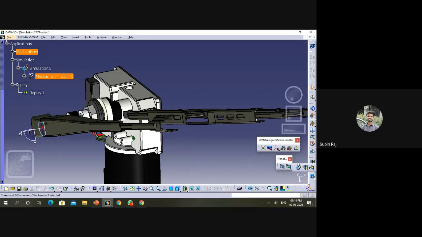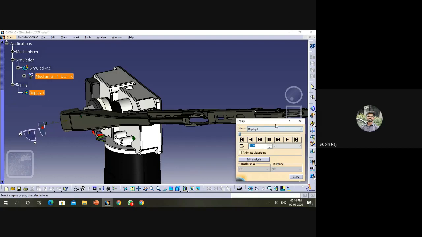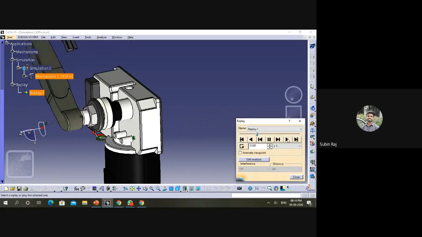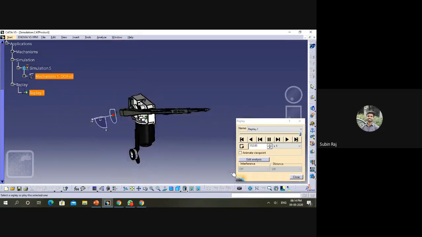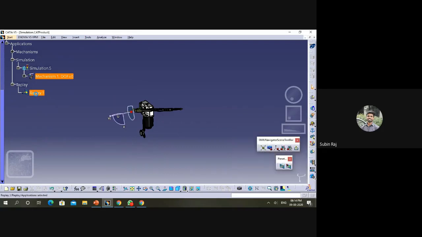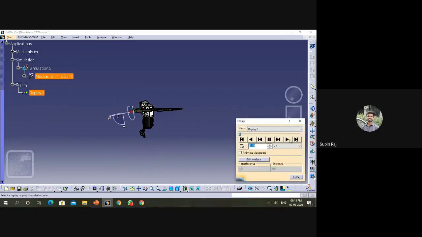While compiling, you'll get an option to record. I just recorded that mechanism, so that is where it is showing as replay. So this is the recording of mine, which I recorded.